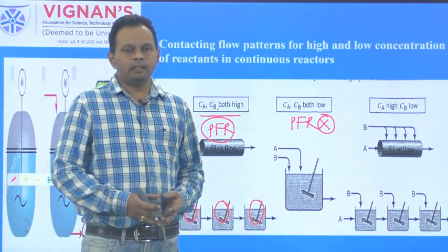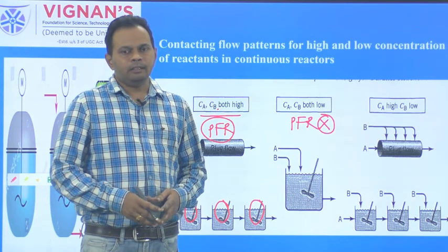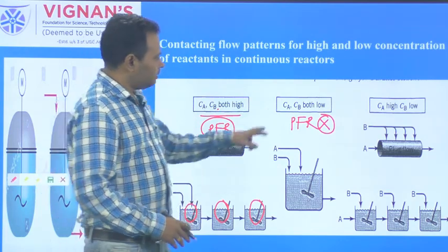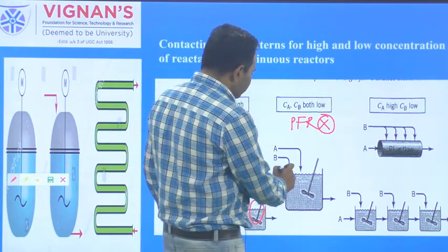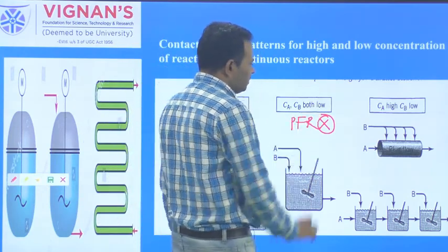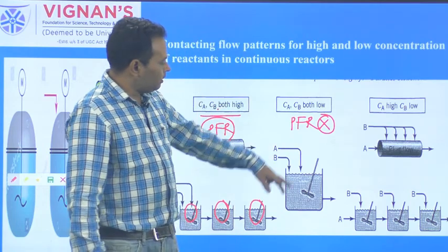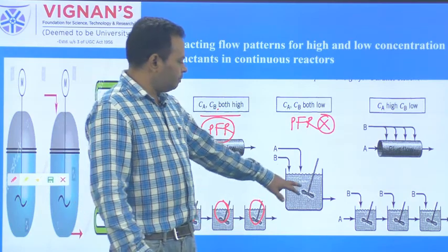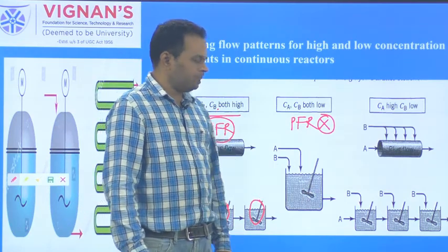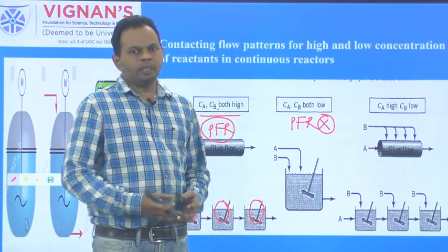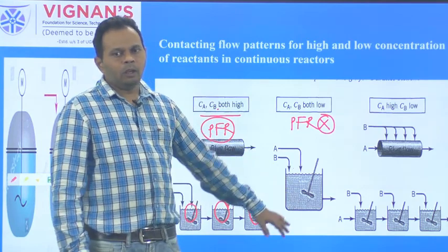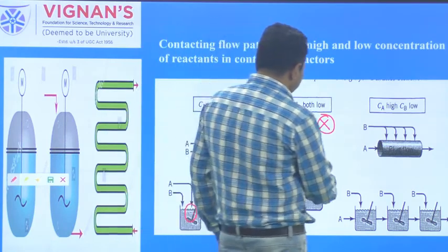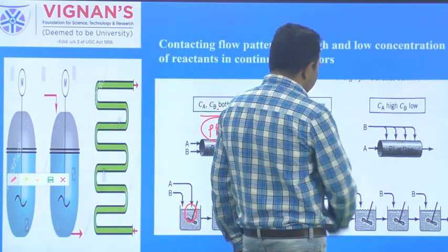Even though when you send the reactants with medium flow rate, that means because of low mixing condition, it further maintains high concentration. So this is not possible. But here in MFR, single MFR is possible, maintain low Ca and Cb. When you add the reactants with the high flow rate, that means the concentration becomes high, and also because of mixing conditions, immediately we can have reaction between the reactants. Immediately the product produces and its concentration further drops to low level and further it maintains constant. Okay, this case is possible, but in maintaining low Ca and Cb, PFR is not possible.